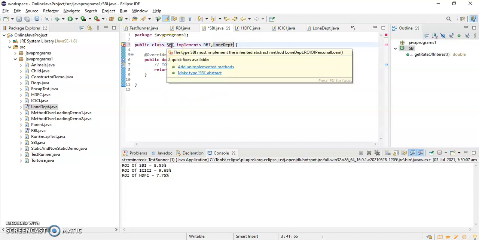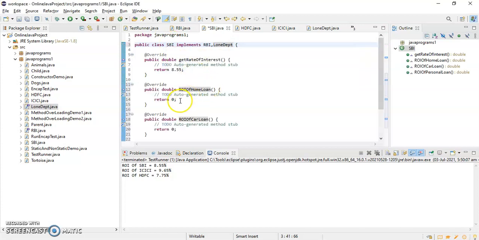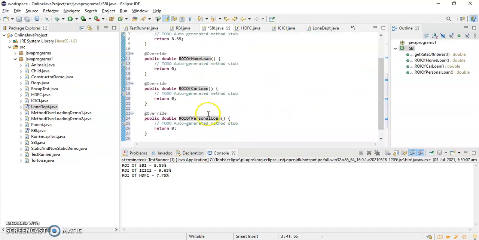So now if I do mouse over and click here, I have to provide rate of home loan, rate of car loan, and rate of personal loan. Suppose rate of home loan is 6.55, rate of car loan is 7.85, and personal loan is 10.15.